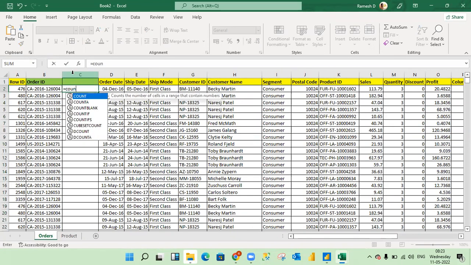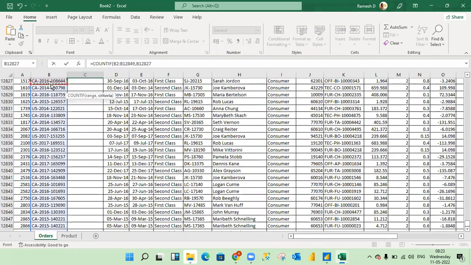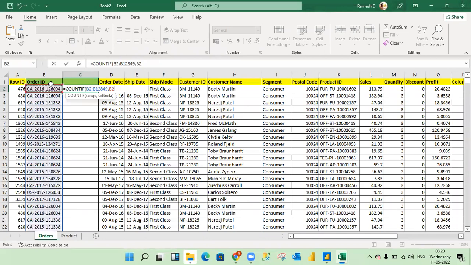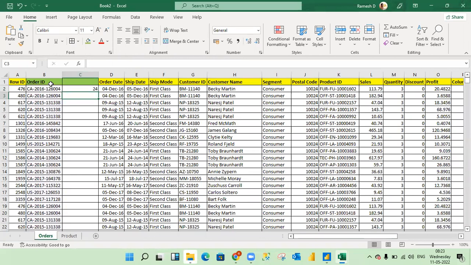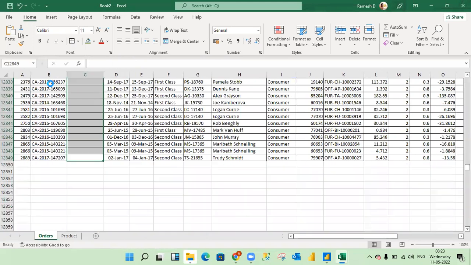COUNTIF, range, we can select all the range, comma, we have to select these. Why I'm putting this function means I'm just counting